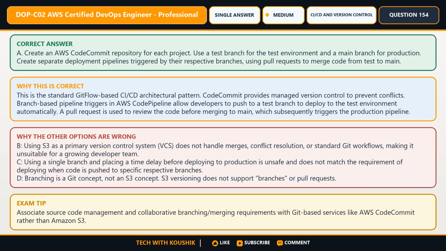The main reason is this is the standard Git flow-based CI/CD architectural pattern. CodeCommit provides managed version control to prevent conflicts. Branch-based pipeline triggers in AWS CodePipeline allow developers to push to a test branch to deploy to the test environment automatically. A pull request is used to review the code before merging to main, which subsequently triggers the production